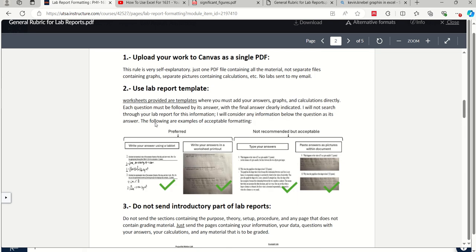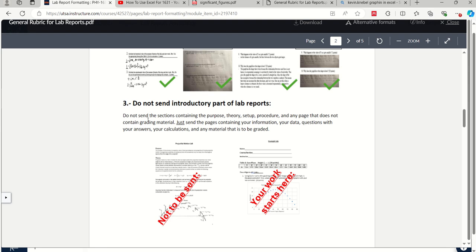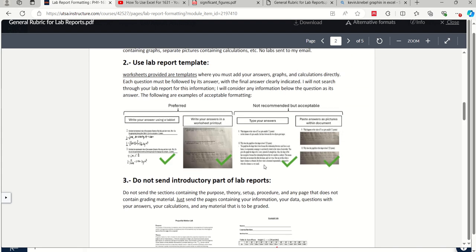So if you follow that, you're fine. And then another major rule is do not send the introductory part. So please just cut out this content. All the stuff that comes before the worksheet, just submit the worksheet itself. So cut out the instructions and only include the worksheet. If you follow these 3 rules,